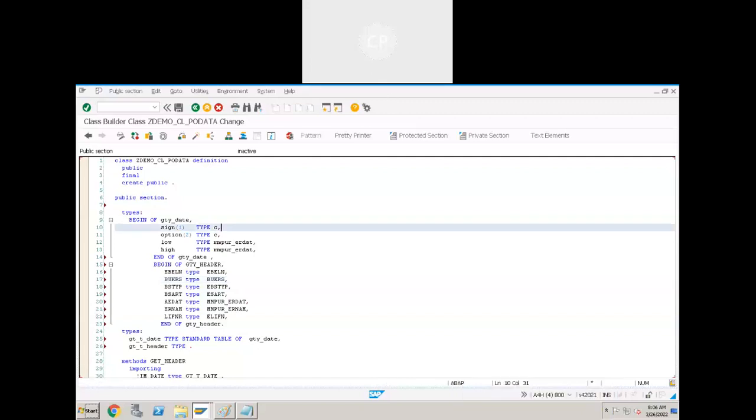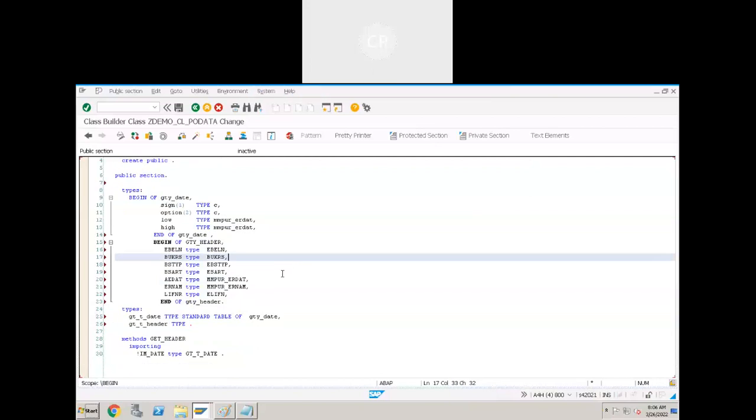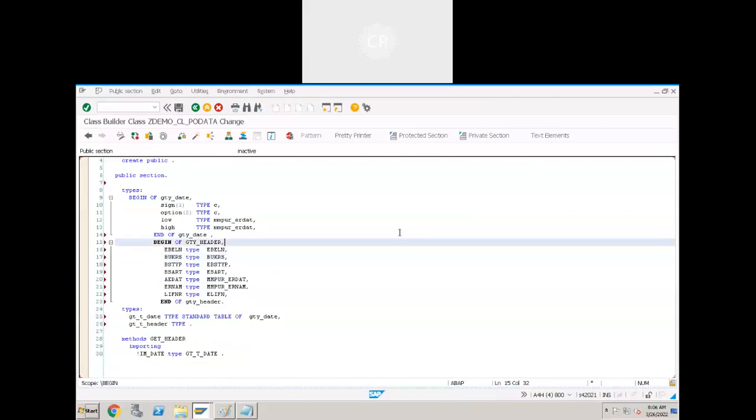Standard table of GTY header. Standard table of